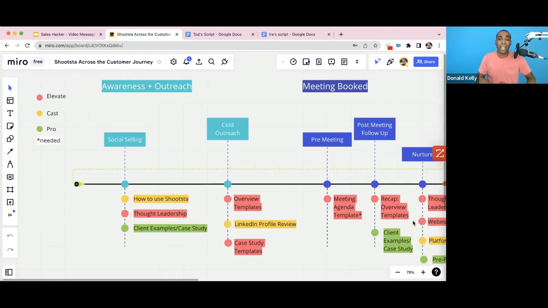And also the other piece that I like, and I know sometimes sellers might say, the notion of it's going to take a while for me to create these videos. Like you said, the templates work because the pain point ideally that one of the ICP is facing is going to be the same pain point in many instances. So practice that. And I always say practice before you do the recording. So in your car, practice what you're going to say, or at home.